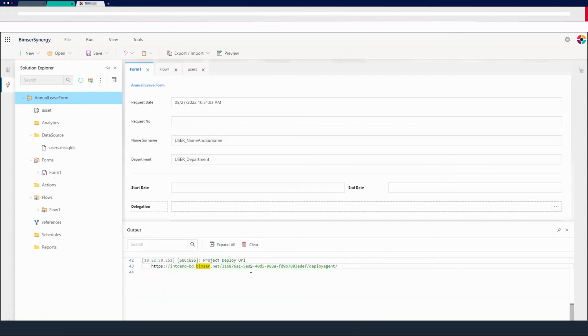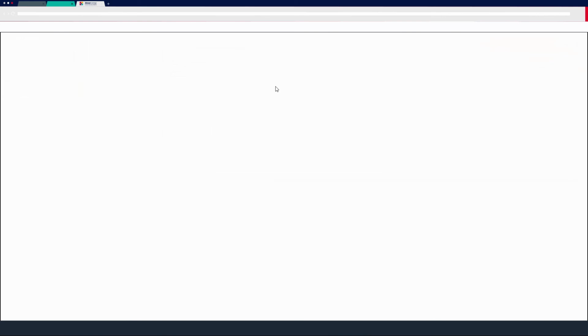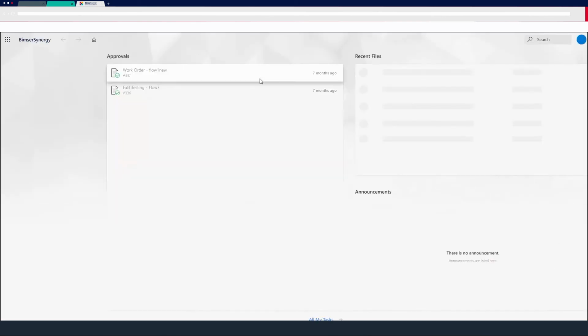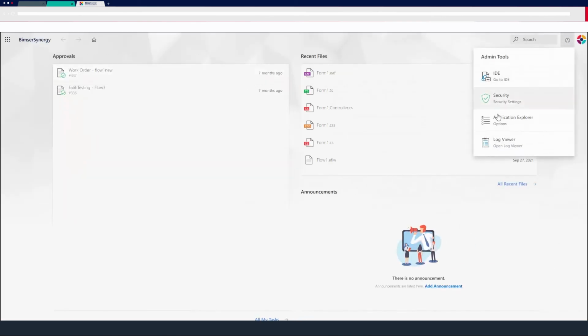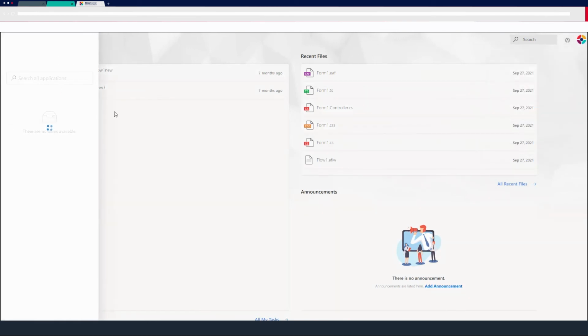And when we're done with the publishing, we will add this project to our web user interface. So I'm opening a new tab for it. And from the menu manager or application explorer,